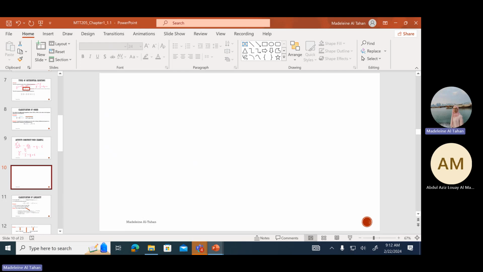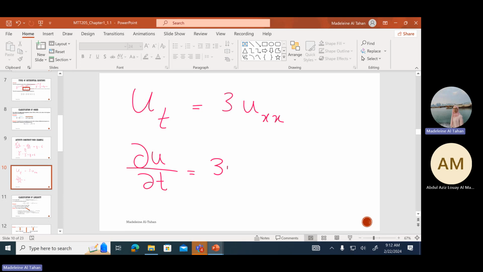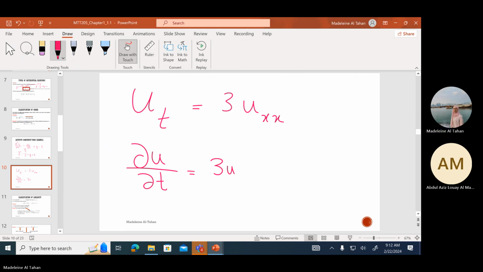Let's look at this one. u_t = 3u_x. And in another way, we can write it this way: ∂u/∂t = 3 ∂²u/∂x². So this notation, when we use d, it means